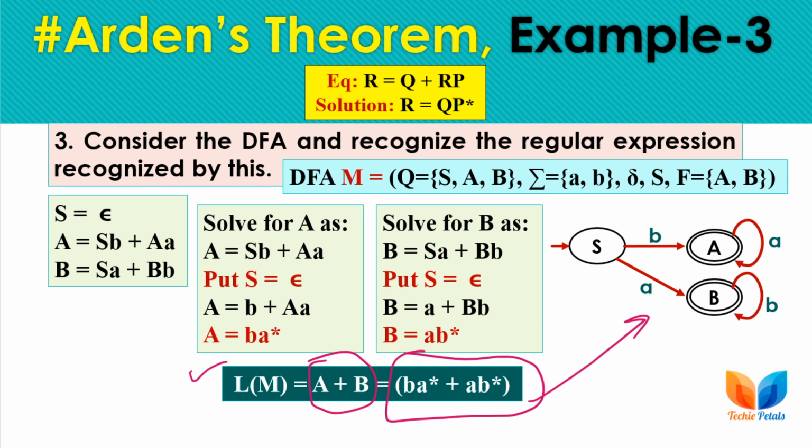So this is the way we solve using Arden's equation. If you are given some DFA or FA, or a question like explain Arden's theorem with an example, you can use any example along with the proof of Arden's theorem, and the question is done. In the next lecture we will be covering some other topics, that is pushdown automata.